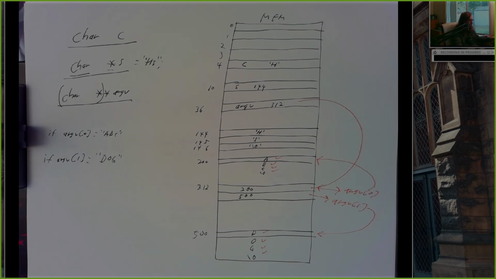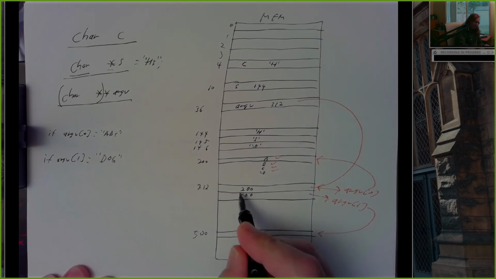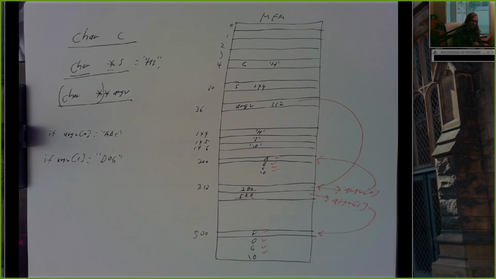So in this example, argv is an array of strings. But a string, remember, is a pointer. So argv is also an array of pointers. Right? There's the first pointer, there's a second pointer. Okay. And that's a key concept right there. The fact that there is no such thing as a string per se in C. There's only arrays of characters. And there's really not an array, there's really a pointer to an array. So an array of strings is an array of pointers, or memory addresses.